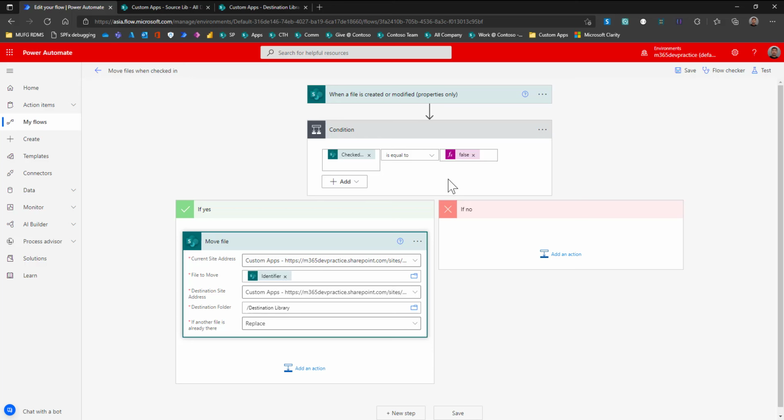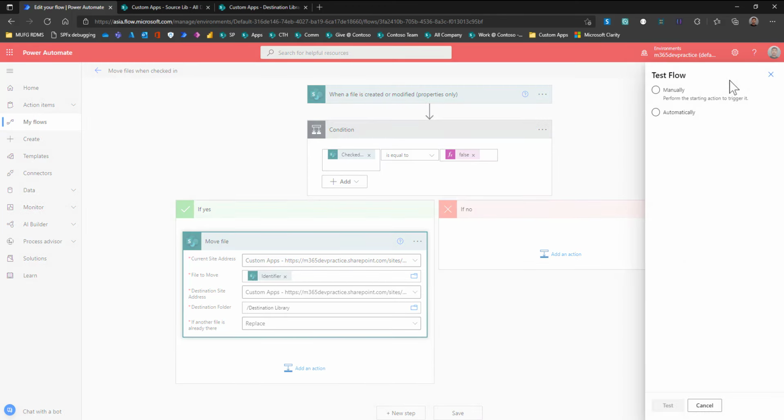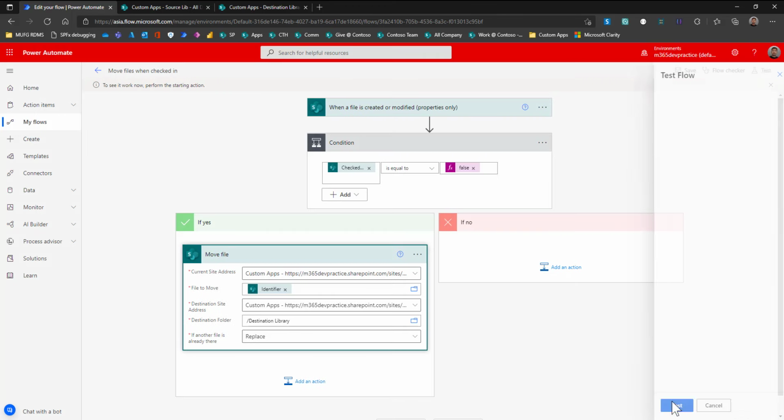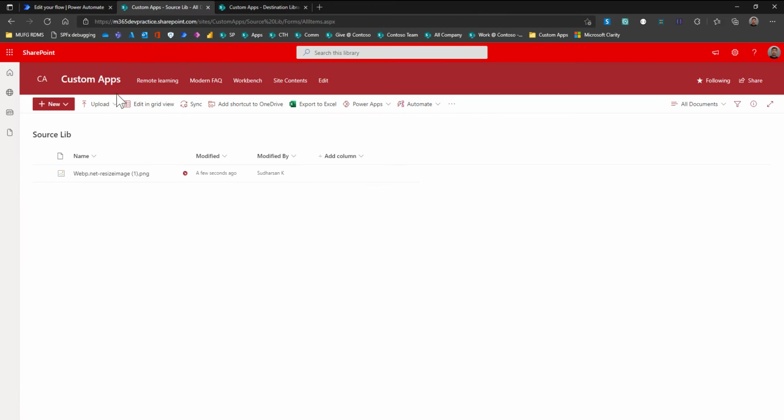So when the file is in checked out state, nothing will happen. Automatically the flow will be terminated. So let us see in action now. I'll try to upload one more file.